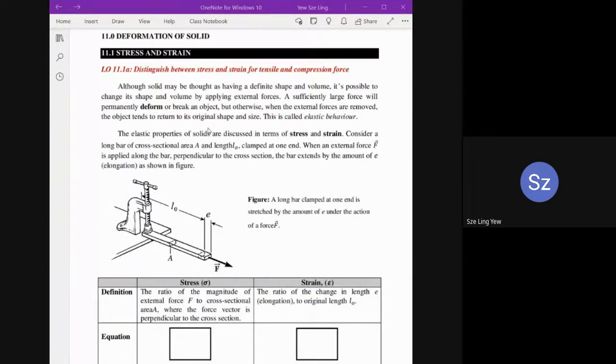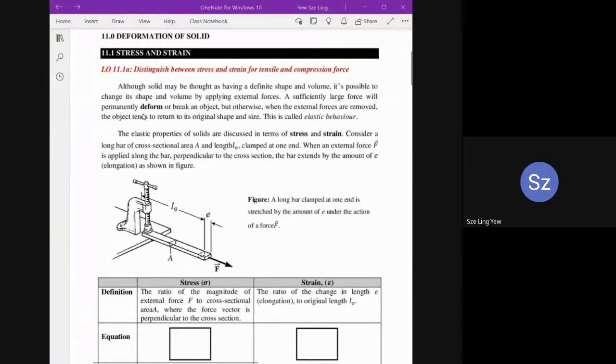You're going to memorize the definitions of stress, strain, and energy. You're going to memorize the shape of a graph and then understand what it means for every part of the graph. Okay, so first, an ordinary solid may be thought of as having a definite shape and a volume,